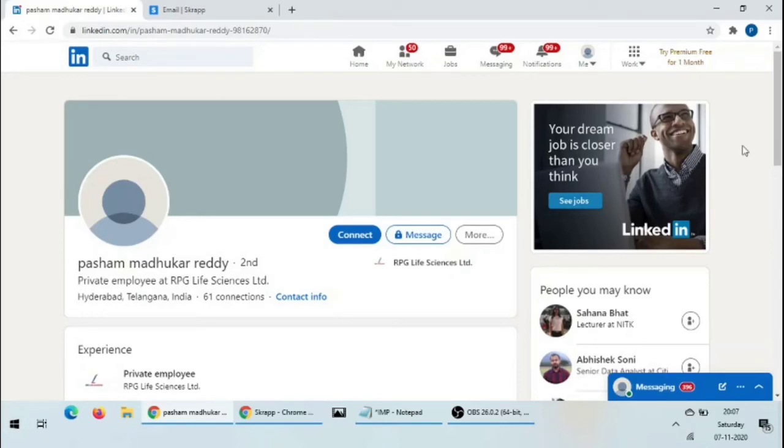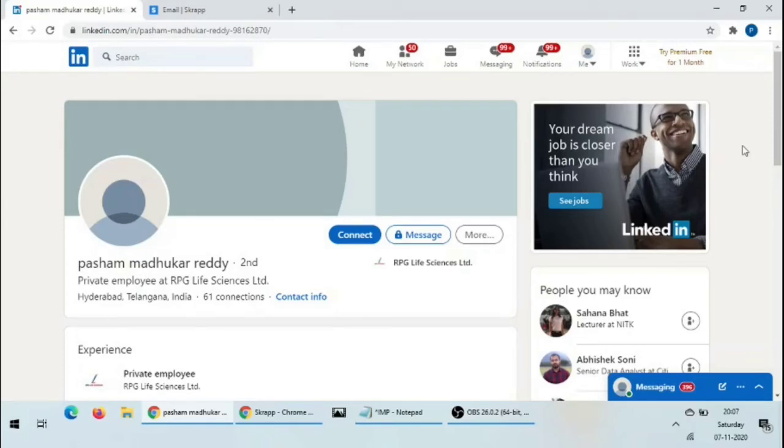There are two more freemium extensions that will again give you 50 credits each. I mean to say, you will be able to find out the email IDs of 50 people. I have given those two extensions' Chrome web store links in the description of this screen.